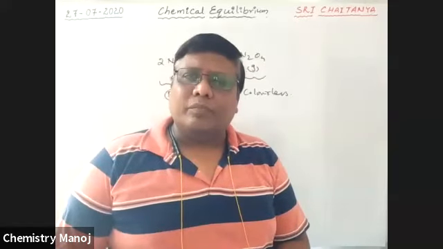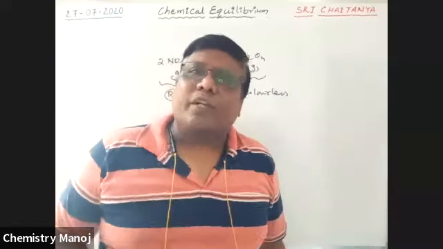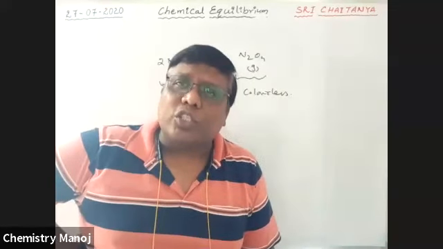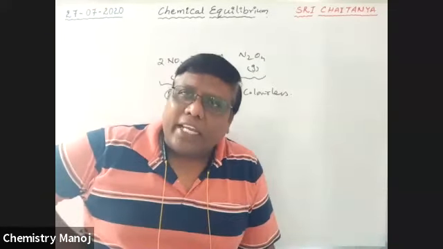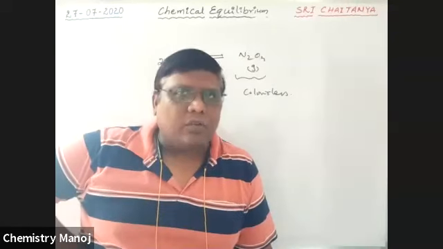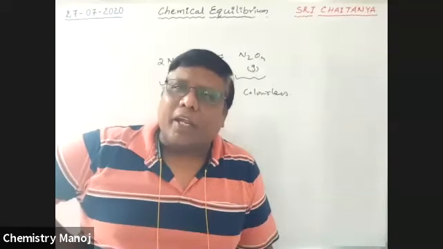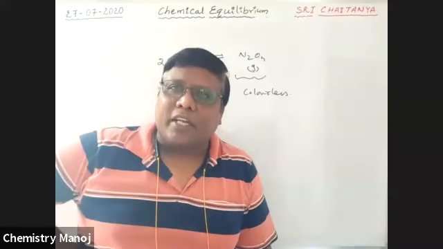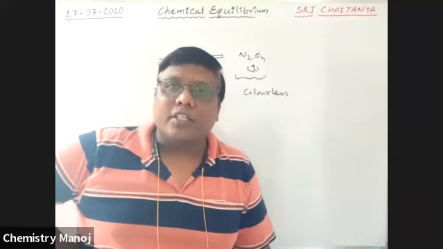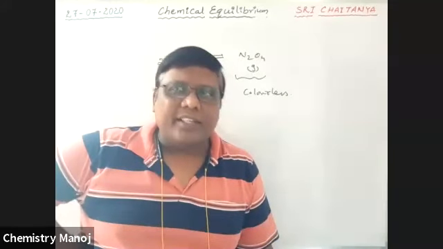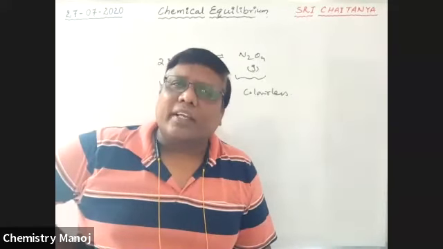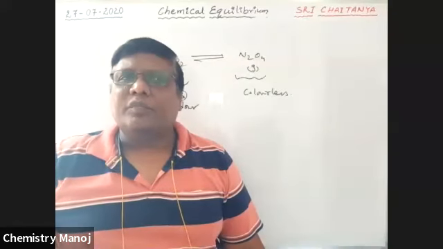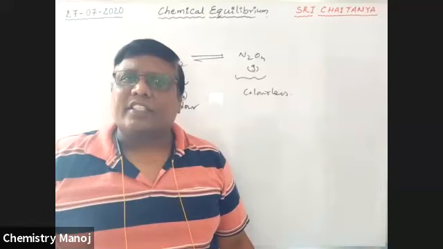Now, what are the characteristics of equilibrium? Equilibrium always exists in a reversible reaction. Equilibrium is always possible in a closed vessel. At equilibrium, the rate of the forward reaction must be equal to the rate of the backward reaction. At equilibrium, delta G, the change in Gibbs energy, is equal to 0. Not delta G naught, delta G itself is equal to 0. All these are the characteristics of equilibrium, and they are very, very important.